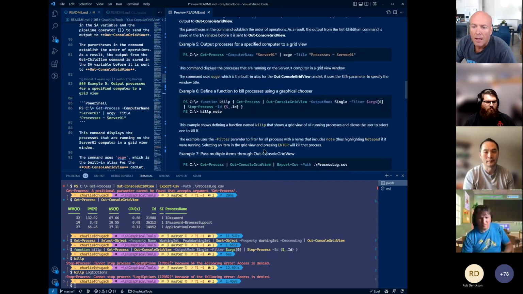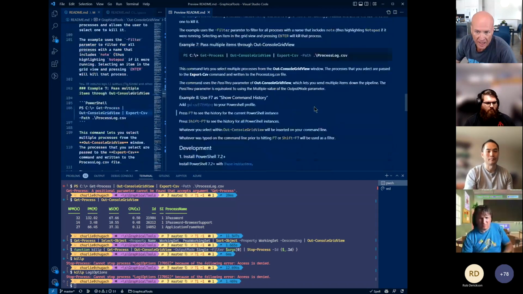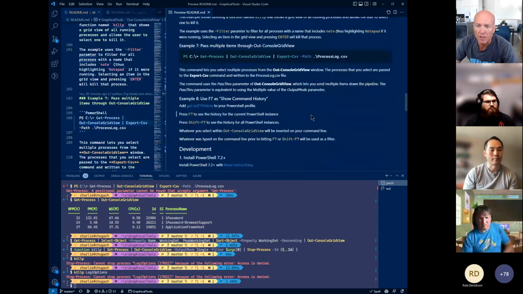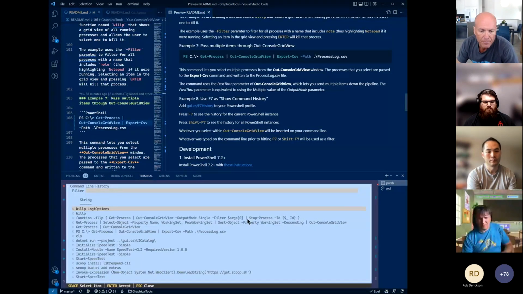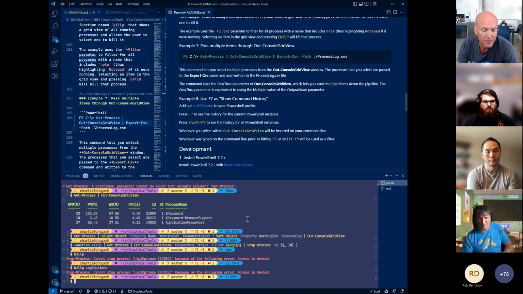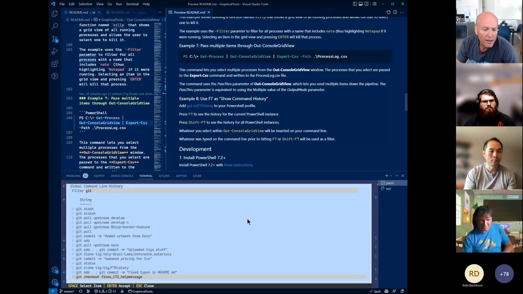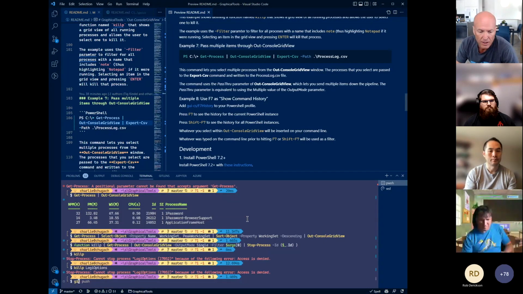The README file has a whole bunch of examples, but one of the things that I mentioned earlier that I use very frequently is F7. And this repo here, which I'm not going to click on because it'll take you to a web browser, is a little PowerShell script that you can include in your profile that will give you this F7 support. So if I hit F7 again, I get all my options. If I hit Shift F7, it's going to do the global history. And so I'll type git and then Shift F7. And this shows all of the Git commands that I've done over the last couple of days across my machine.